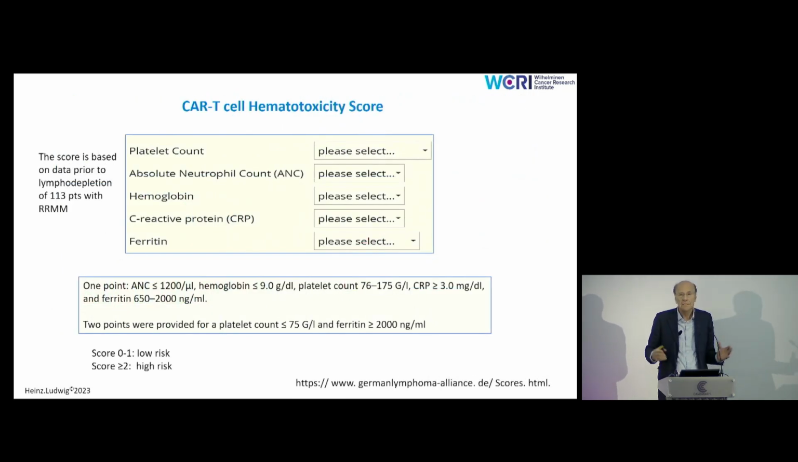Now, there are several scores. One of the most attractive scores, in my opinion, is the so-called CAR T cell hematotoxicity score, which just uses 5 parameters: platelet counts, neutrophil counts, hemoglobin, C-reactive protein, and ferritin. And then it's all available on-site as a web tool, and you can enter the parameters of your individual patient, and then you get a risk score. If the risk score is 2 or higher, then the patient is considered to be at high risk for